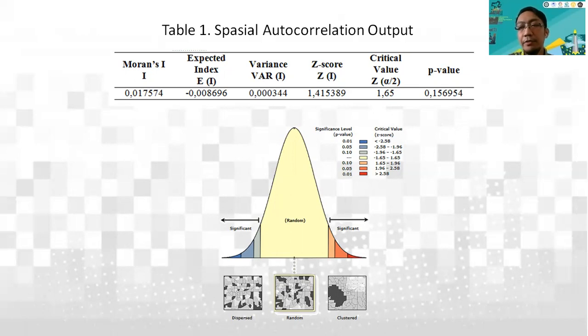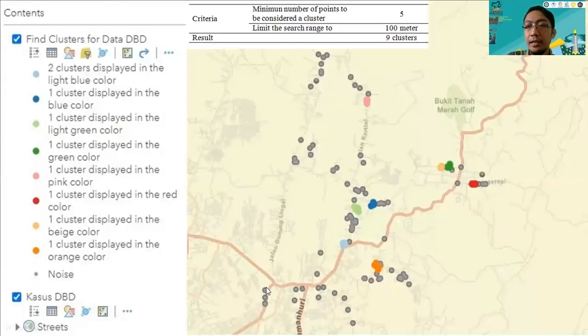The Moran's index value refers to the general spatial autocorrelation, and then you can also look at the features, so that the spatial pattern is random. And then you can look at the features, so that the cluster distribution of dengue cases in Lempake and Sungai Siring sub-district. There is no cluster of dengue cases in Makroman areas. The location of the 9 clusters of dengue cases in Lempake and Sungai Siring, you can look